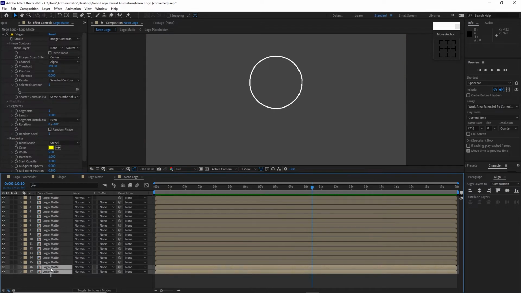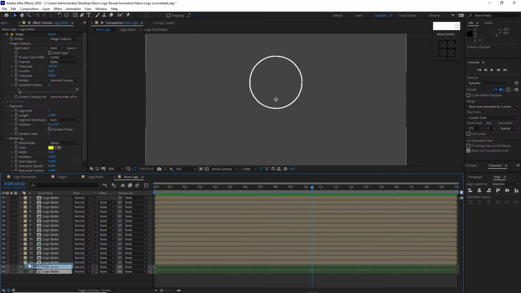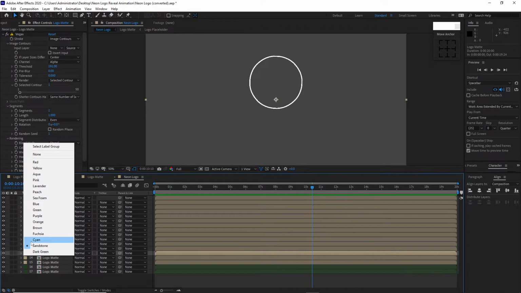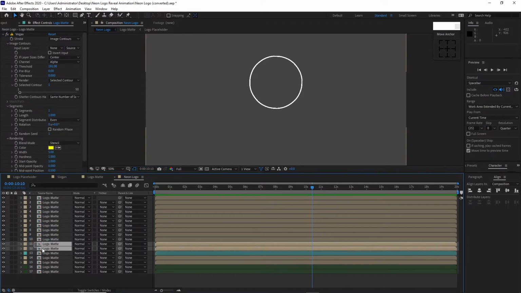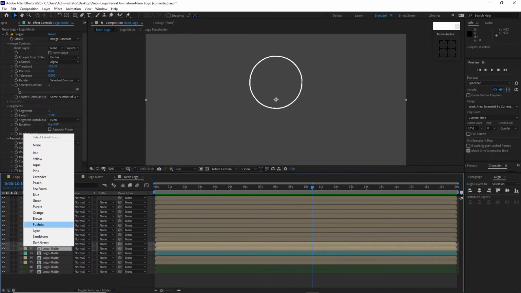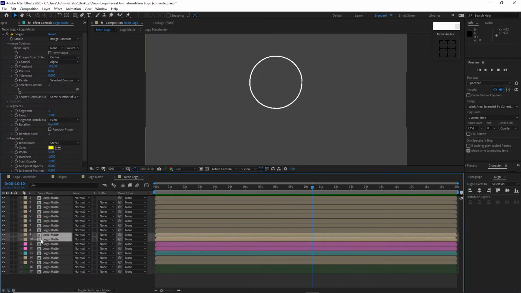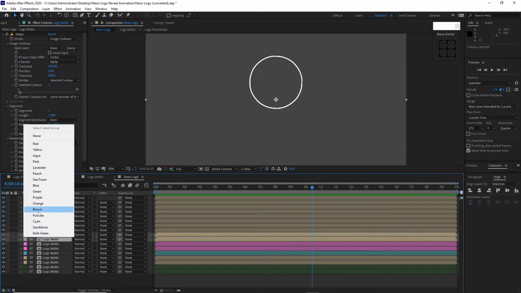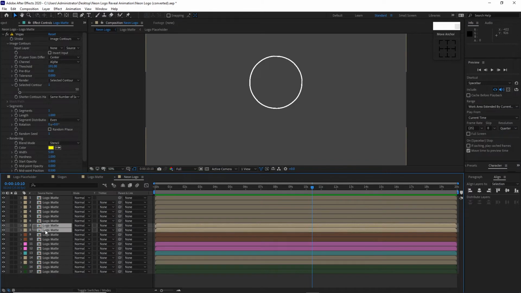Then I will highlight logo matte 16 and 17. I will change the color to dark green. Highlight logo matte 13. Change this color to cyan. Highlight logo matte 11 and 12. I will change the color here to fuchsia. 9 and 10, change the color to brown. And I will change the color here for logo matte 7 and 8